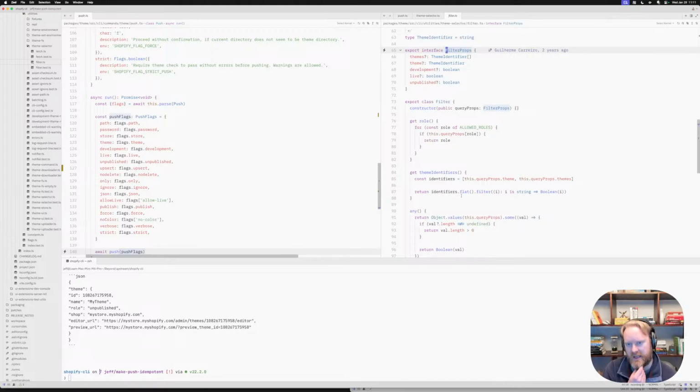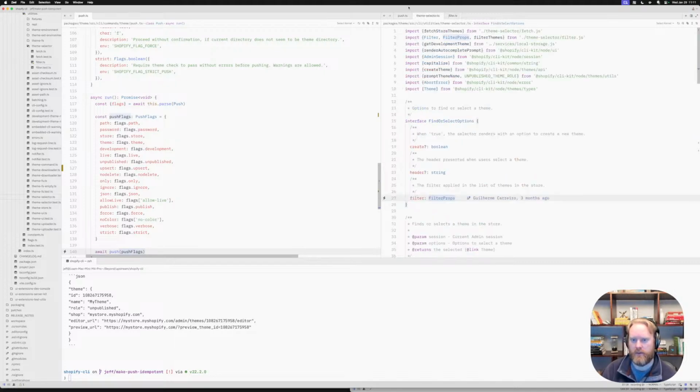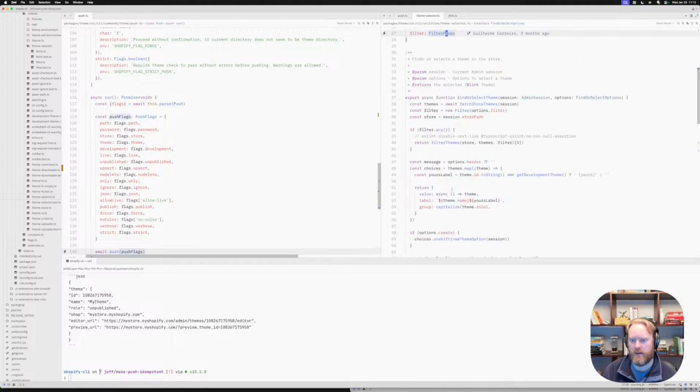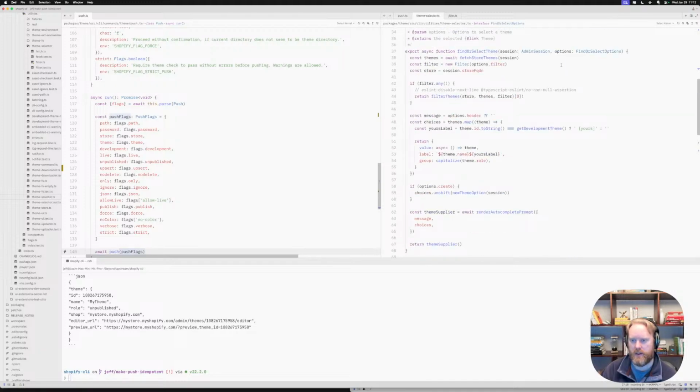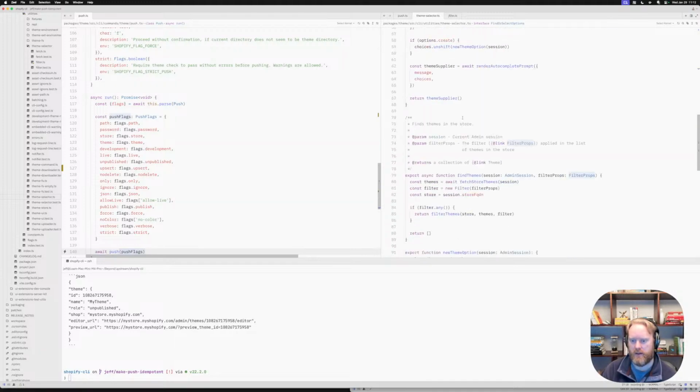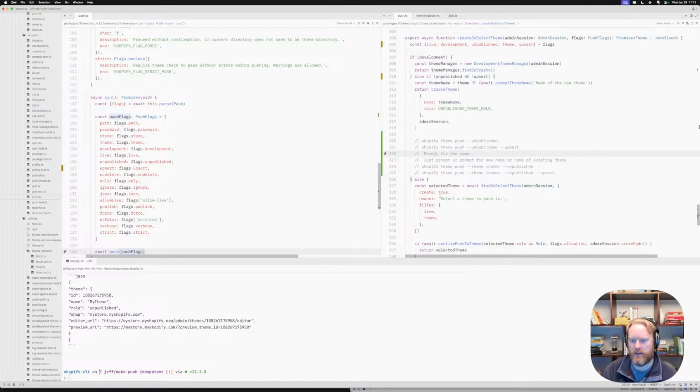You can have a set of themes, a theme, a development Boolean, a live Boolean. Okay. We would only really be, we would say something like, we'd just be curious to know if the theme already